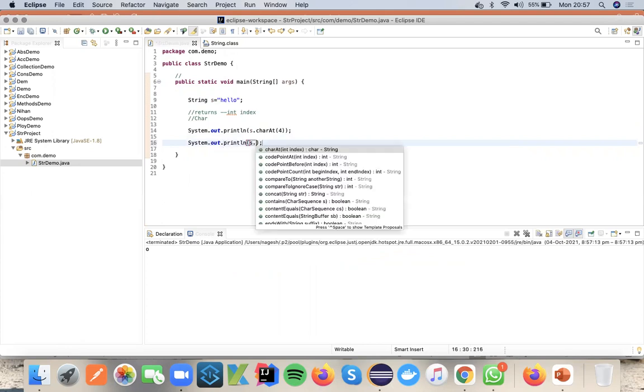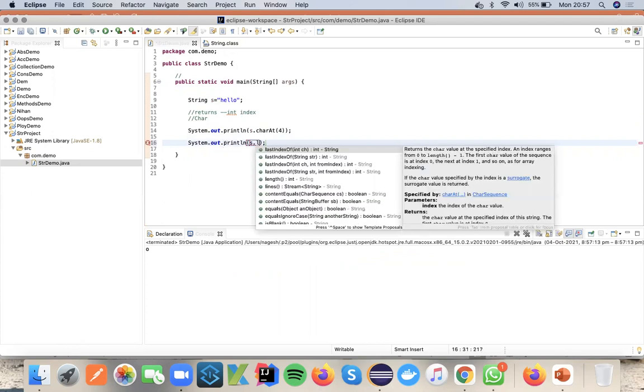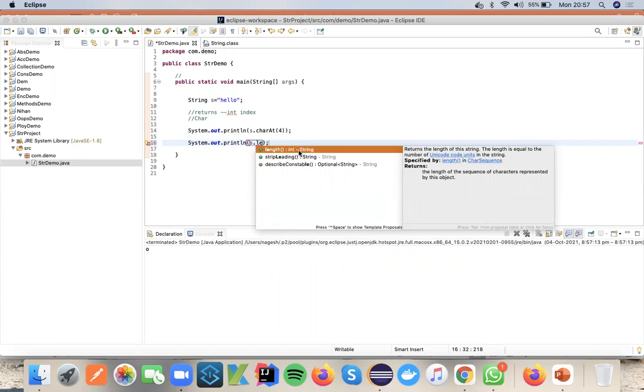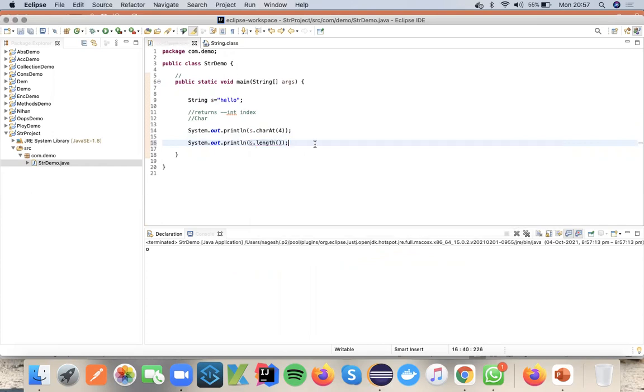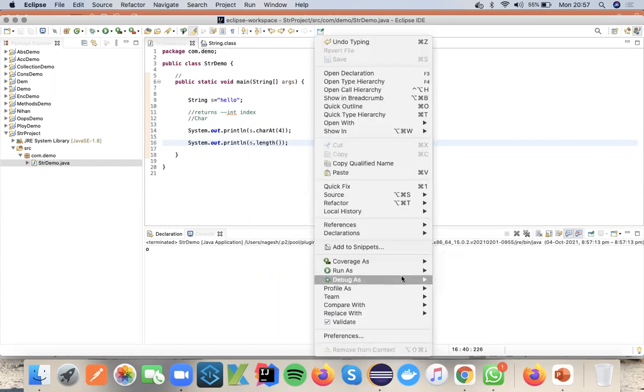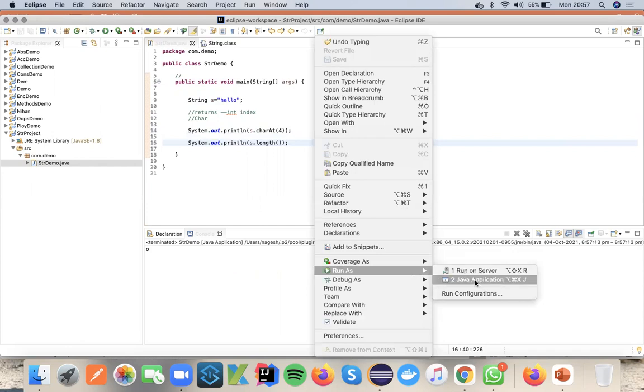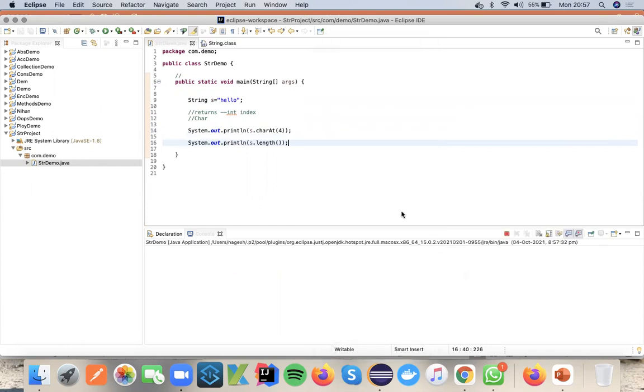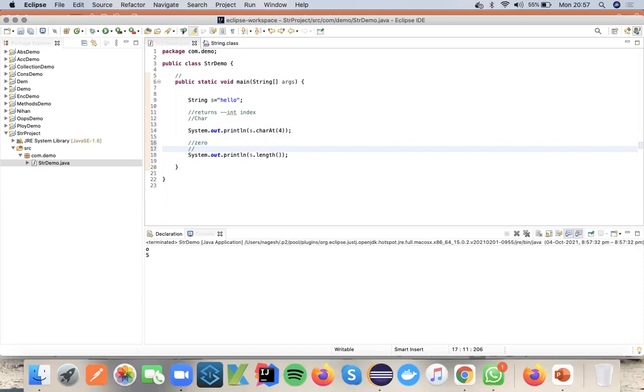The next one is System.out.println(s.length()). The return type of this is integer. No need to pass any input; there is no input parameter. And one important thing: length always starts from 1 and index starts from 0. I wanted to discuss this in this class to avoid confusion. Index always starts from 0, length always starts from 1.